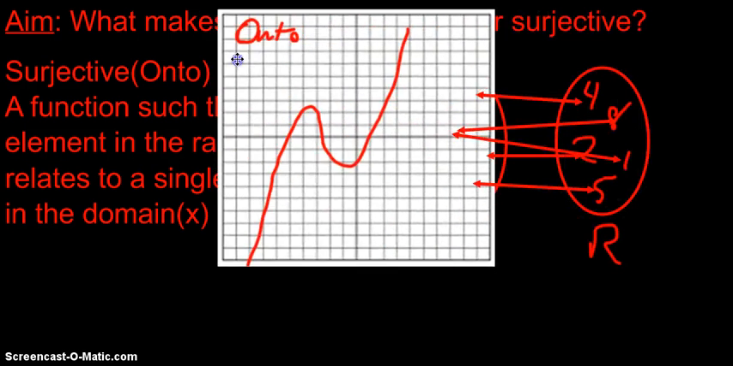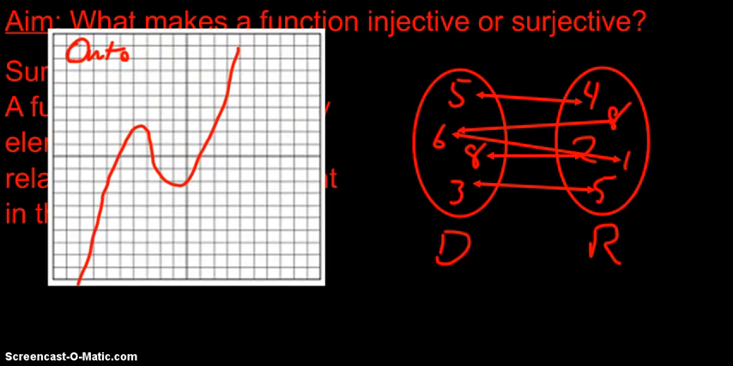This would be one that is onto. If this function continued, I don't think I drew it all the way up, but if it went all the way up, it actually covers all values on the y-axis. So that's all y's in this case. And since every y value has been covered, this was onto. Let's take a look at one that's different,